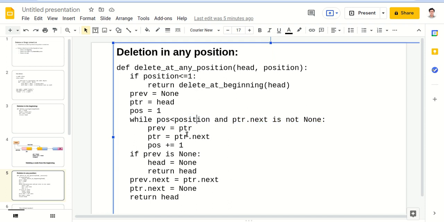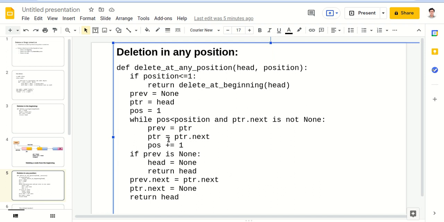So first we equate prev with ptr, then ptr is equated with ptr dot next, then pos is incremented by 1, and we keep iterating this loop until either of these two conditions fails.